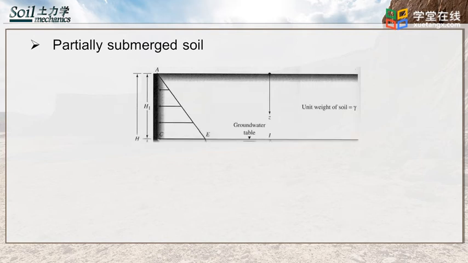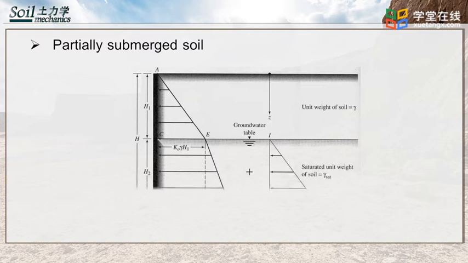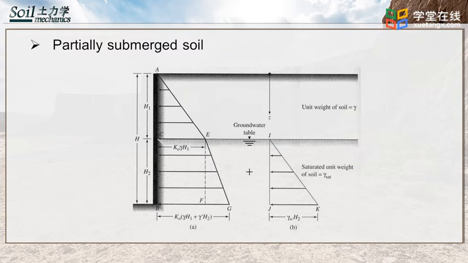submerged by water. As we can see, the water table is H1 below the surface. So we need to divide the soil into two layers, one above water table and one below water table, since different unit weights will be used in the calculation. For soil above water table, effective horizontal stress equals K0 multiplies sigma V prime, where the sigma V prime equals